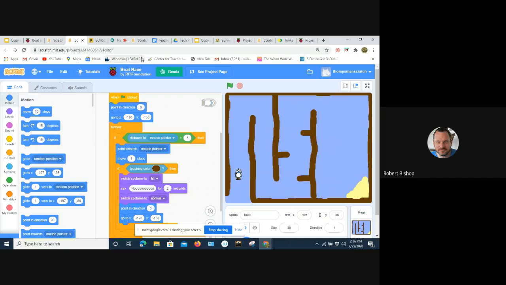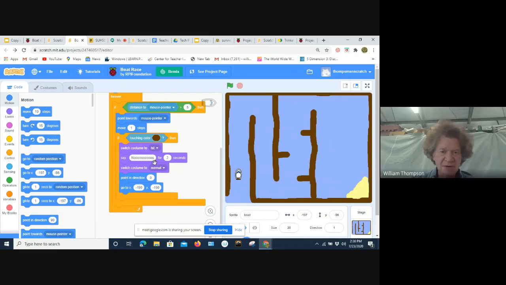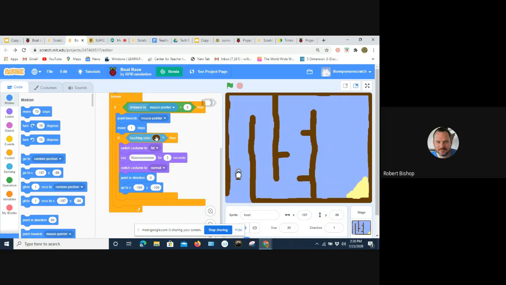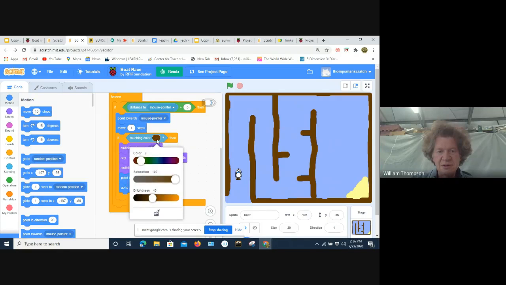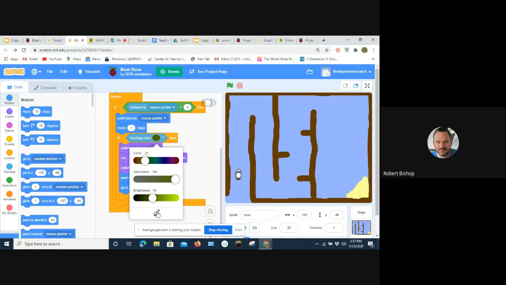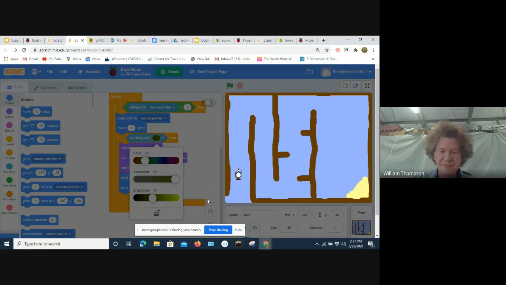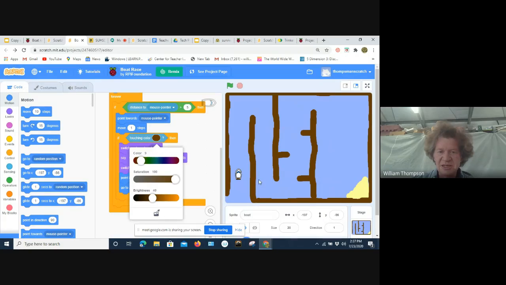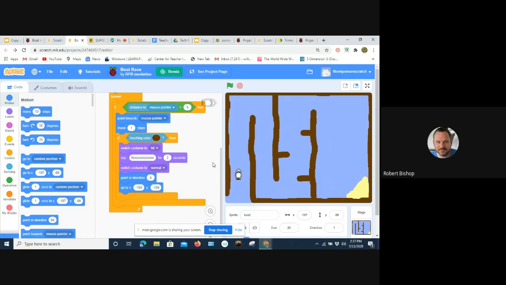Can you show me how to match the brown again? I was on a different window when you showed me that, so let me blow this up. No problem. You can see my screen now? Yeah, now I can see it. Okay, so on the touch color command, if I click on it, I have options to change the colors, but I also have an option down here. Aha, okay. There it is. Dropper, and then I click on the color I want, and it sets to that color. Okay, great. Yeah, that's what I was looking for.